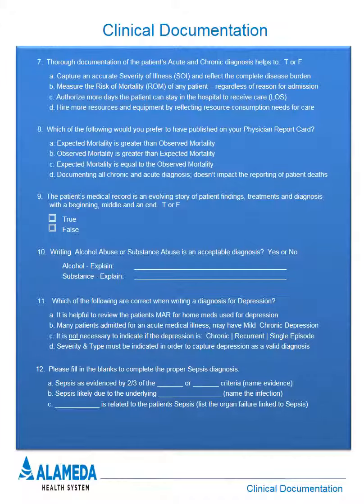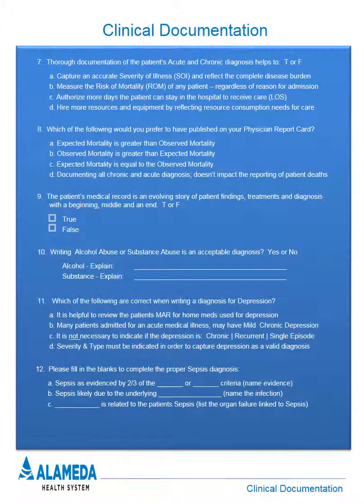By documenting all the chronic and acute diagnoses, it really does impact the reporting of patient deaths, because you don't want a patient that appears to be healthy, because we did not capture all their diagnoses, to then be reported as having expired. And that's what that SOI-ROM does for us. That severity of illness and risk of mortality score goes up to a 4/4 and reflects the true acuity of the patient. And so, again, you do not want a healthy patient expiring